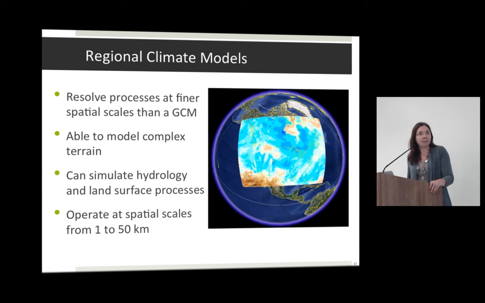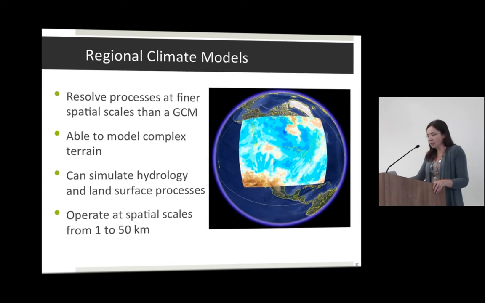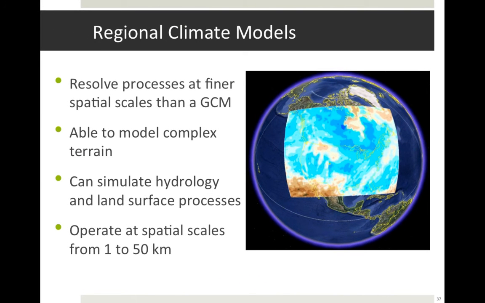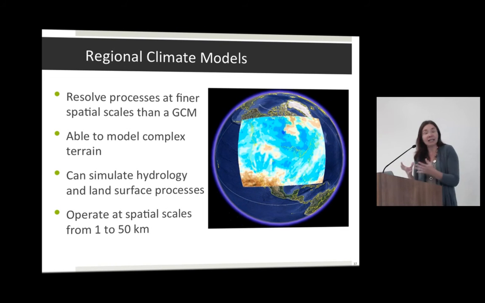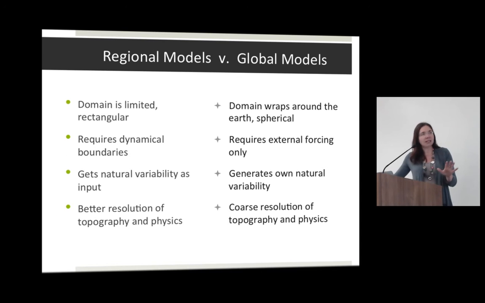Regional climate modeling. Regional climate models are basically a combination of climate models and weather models. In fact, WRF is used for regional climate modeling and weather modeling. They are rectangular models that can have higher resolution, anywhere from 1 kilometer, sometimes even urban models have 1 meter, which is crazy. But over large areas, anywhere from 1 kilometer to about 50 kilometers. And compared to a global model, they're very similar, but they have some differences.